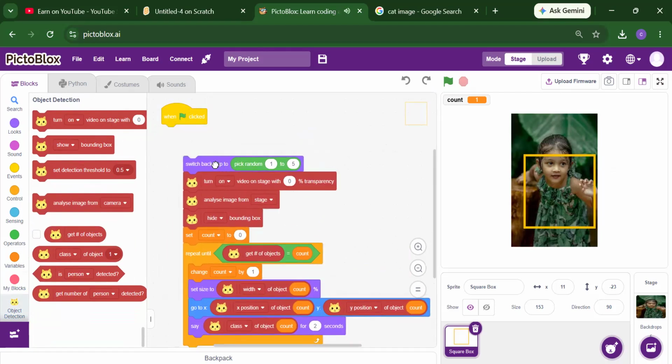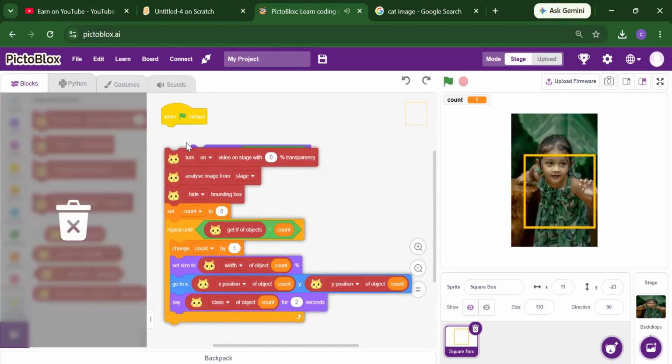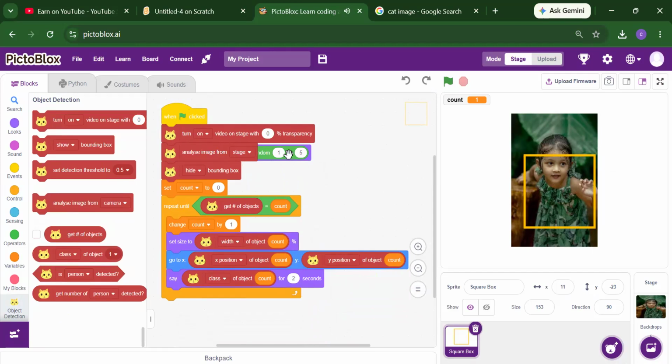We will take out the switch backdrop, and we are going to analyze with the help of the camera. Once you run your project, make sure your camera is not open anywhere else. You have to close your camera on other platforms so that your camera is able to recognize here. Once we click on the flag,